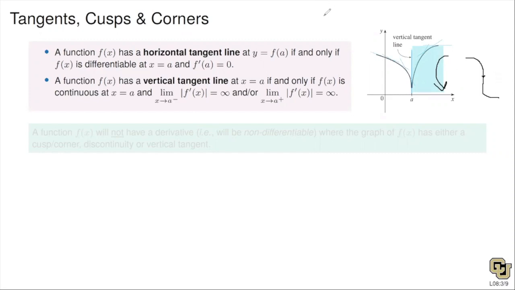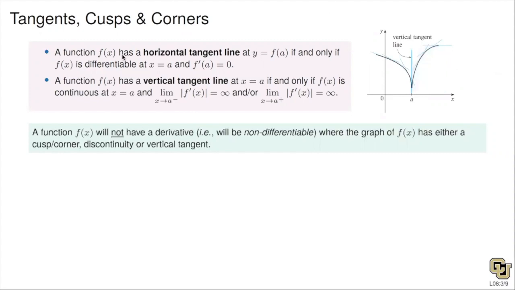And I'll show you a picture of that in 1 second here. So in general, a function will not have a derivative, obviously, at a vertical tangent. At a vertical tangent, you can see the derivative is literally undefined. The derivative is either plus or minus infinity, and plus and minus infinity aren't numbers. The only way a limit can exist is if the limit equals a finite number. So here, the limit of the derivative literally does not exist, so it's not differentiable at a vertical tangent, but